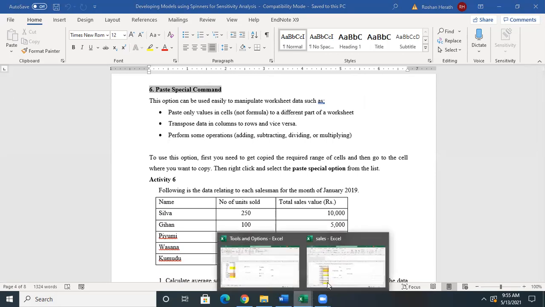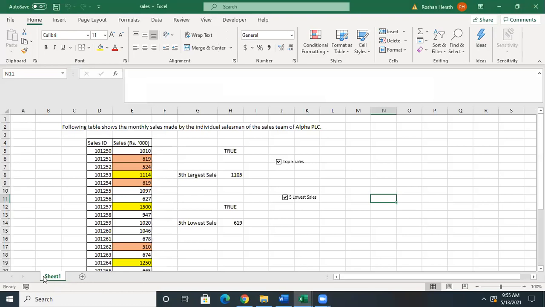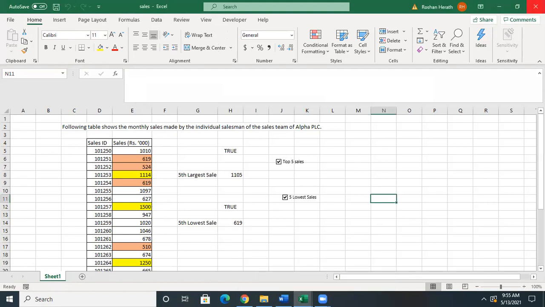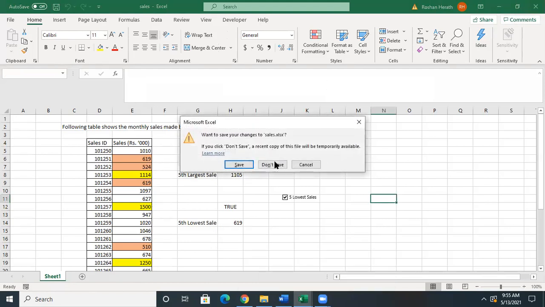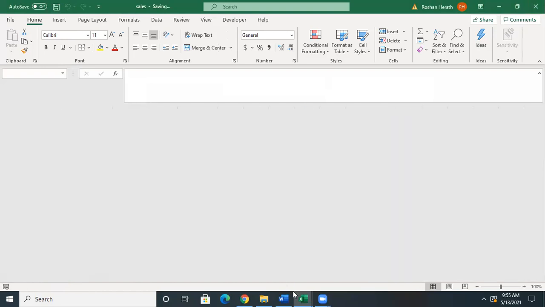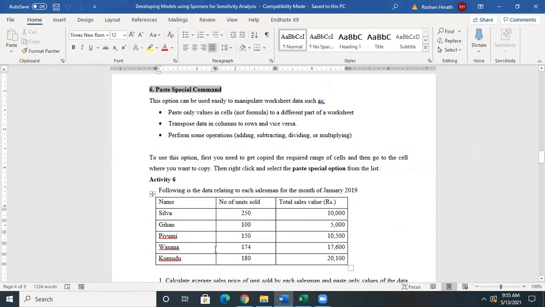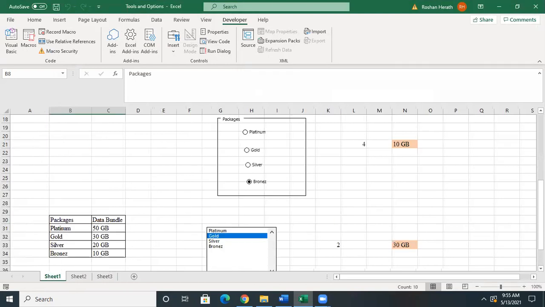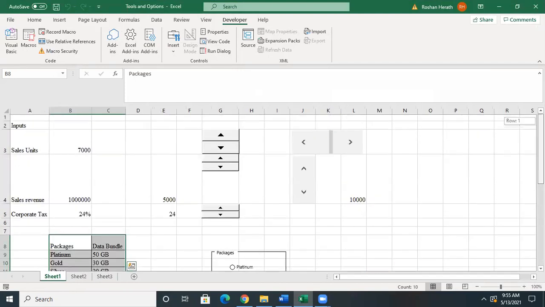So when you copy something, when you copy a particular thing, if you are to copy a particular value,